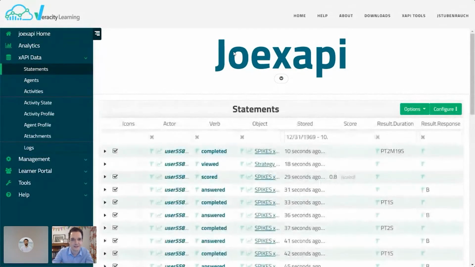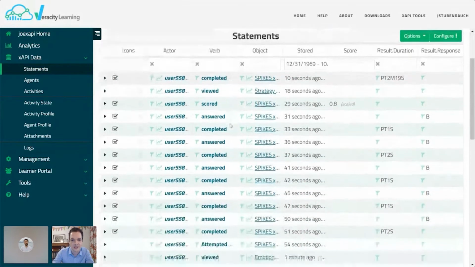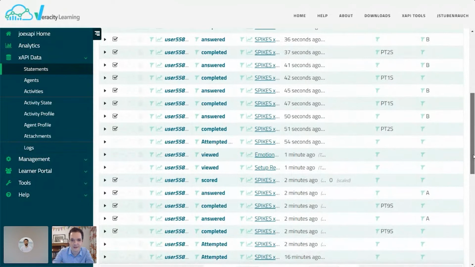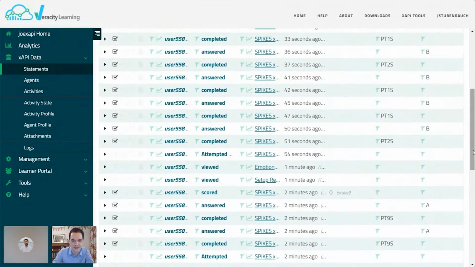Now, I didn't do all the fancy visualizations that Taylor did, but we can now track very quickly this overview here. We'll ignore that first statement. That was just a test this morning, where you can see where they began the course, what their answers were. They answered A. They spent about 9 seconds per slide. They had a total score of 0.